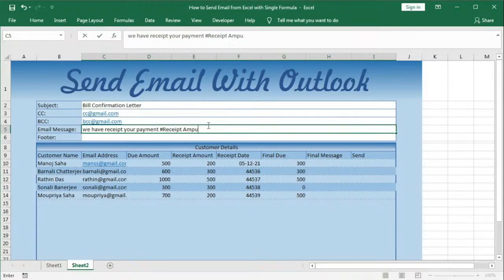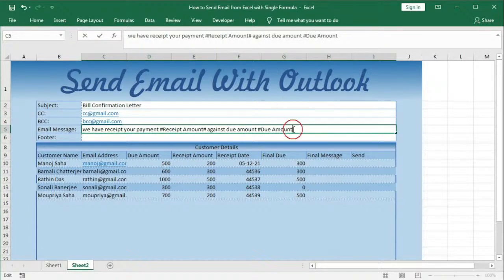So this value will be replaced by this value for each customer. Now here space against due amount hash, then due